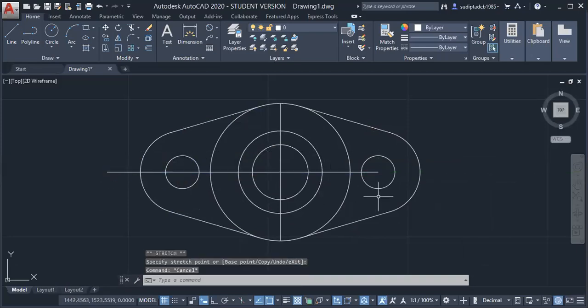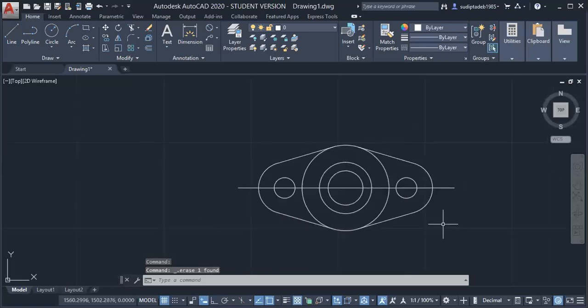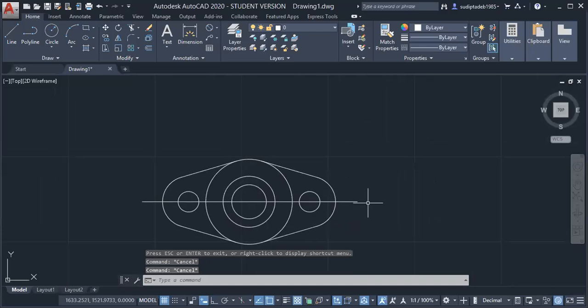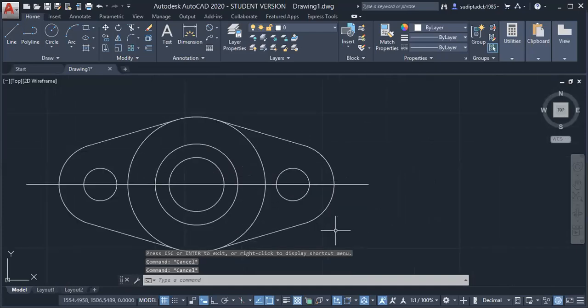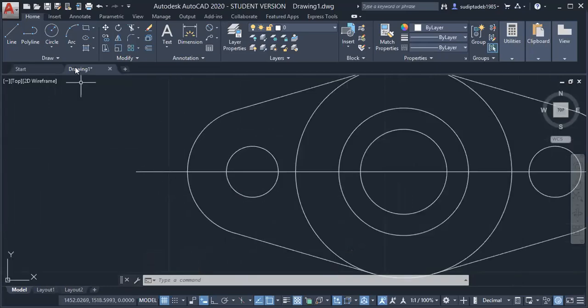Why? Because this line I want to show as a section, because a section will show in top view. That's why I am going to delete this line. Just see, the others are automatically showing clearly. So this is our top view. Now if I want to show the view above this, that will be the front view. So here I have to draw one